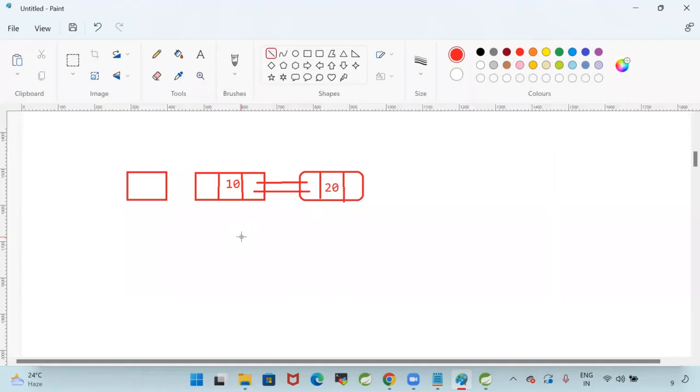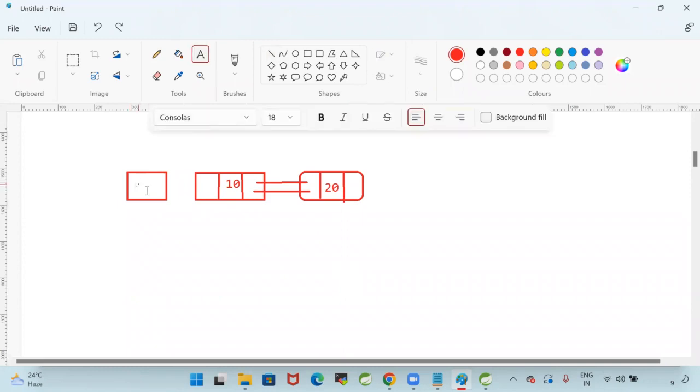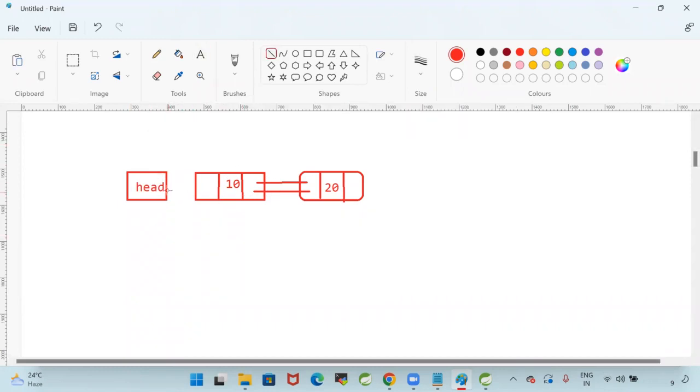ArrayList data structure is a growable array. Linked list data structure is a doubly linked list. Now, first I have stored the 10. 10 is stored. This is a head element. Here it is going to start. Head element is having a link with the first element. Then I'm storing the second value. When I store the second value, it has a link with the previous value, and it will have a link with